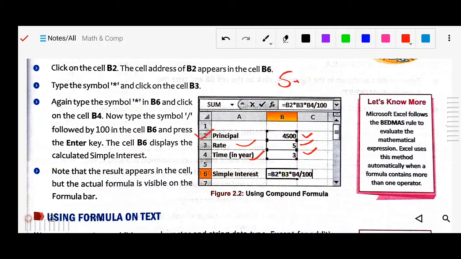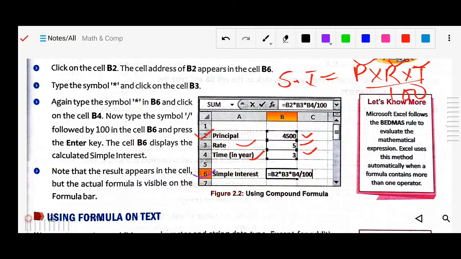SI equals P into R into T by 100, where P stands for principal, R for rate, T for time, divided by 100. That's the formula for simple interest that we will calculate in Excel, and we will create our formula. So first of all, we will enter this value, rate is there, time is there.